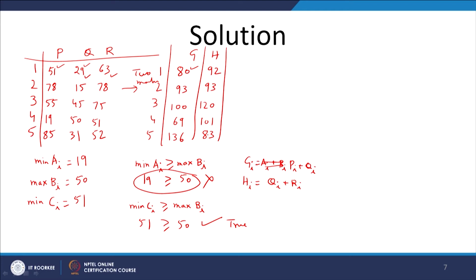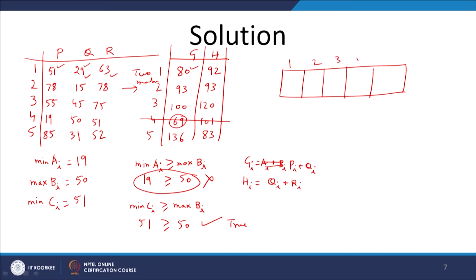So, this is the case of 2 machines G and H, and as before we can solve it to get the optimum sequence. And what is the optimum sequence? The minimum one is 69. So, this will be crossed off first of all, and as before we will put in the positions. So, like this we have 5 positions. First of all, the minimum is 69. So, it is at the 4th place.